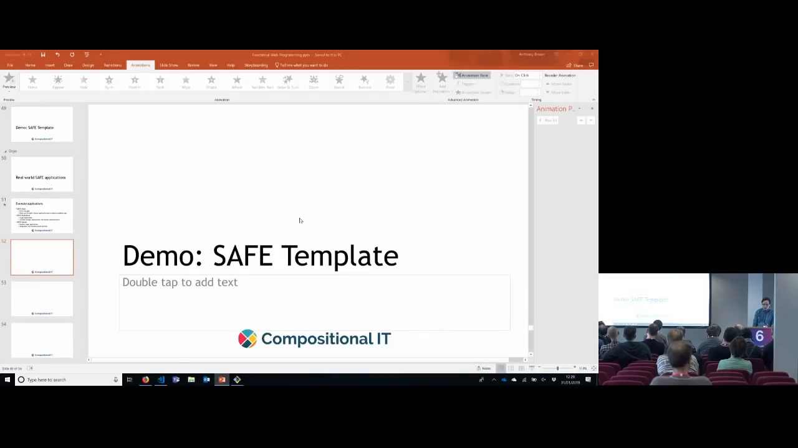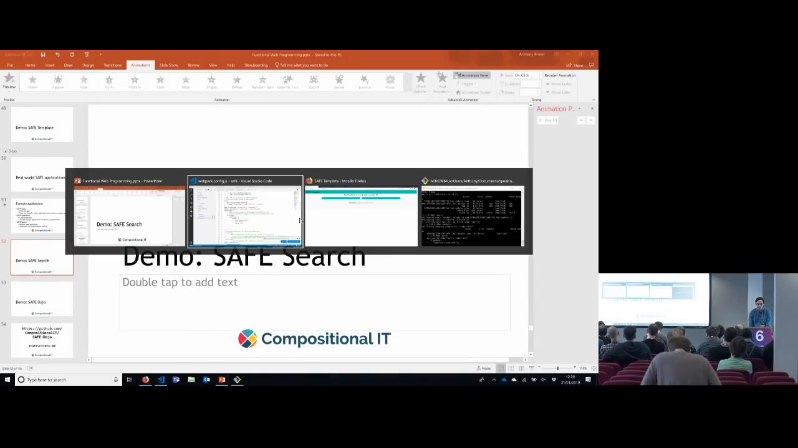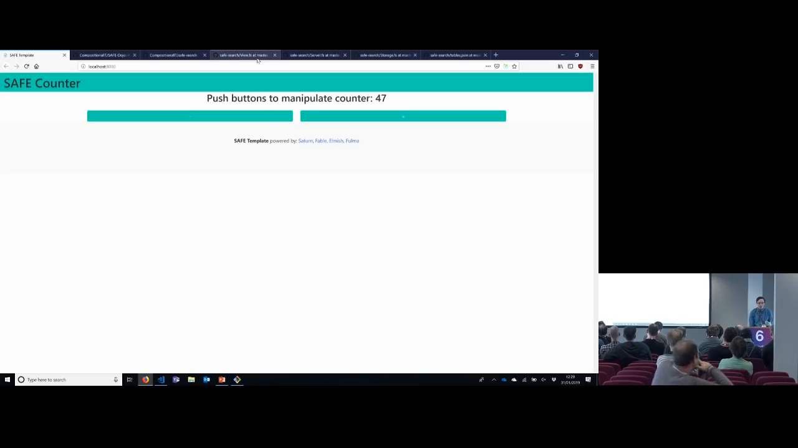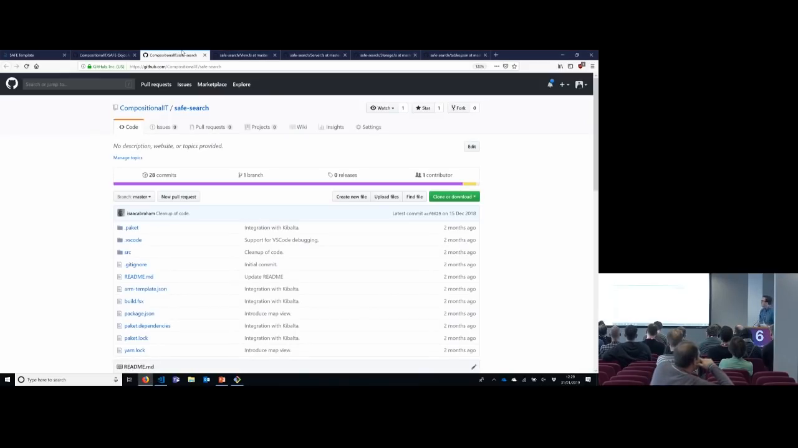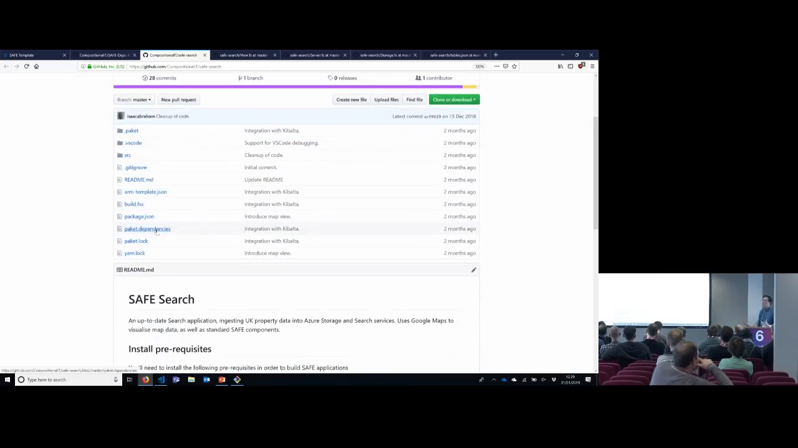So let's take a look at the Safe Search that I mentioned. I'm just going to call out a few little bits and pieces within this. So this is all available on GitHub. It's not a small project. It's quite big, so it's a bit of stuff to get your teeth into if you're interested in learning more